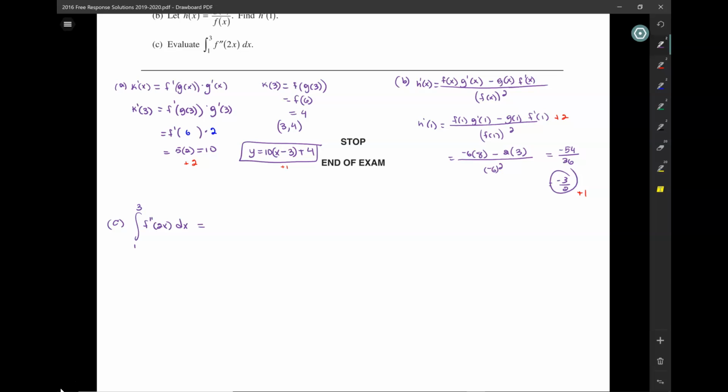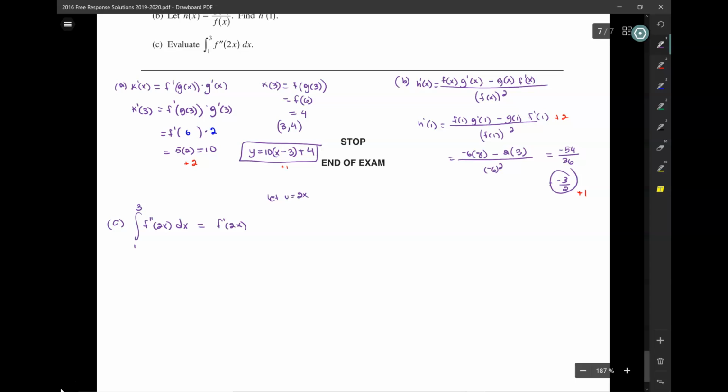You basically undo one derivative. It's the antiderivative. But if it's a second derivative, then you undo one level and you get f prime of 2x, but this is u substitution because it's not f prime of x, it's f prime of 2x. So u is equal to 2x,